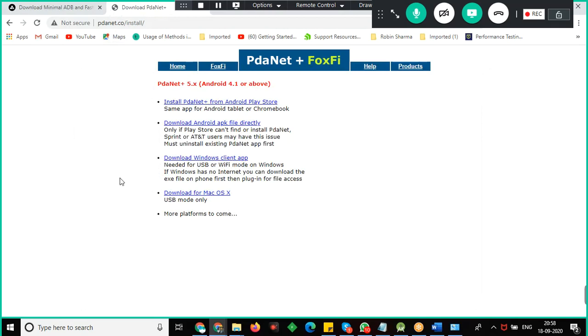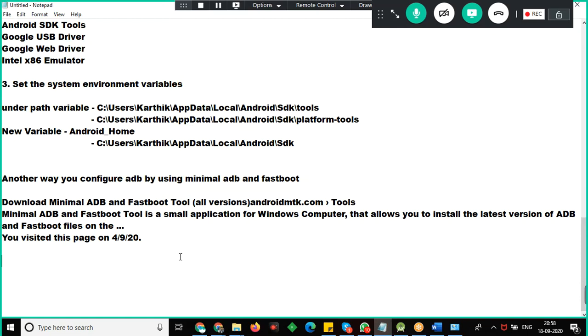Whatever you have configured right now, the ADB configuration, whatever I did today, we call this a server and client configuration. So what we did today on the ADB is server and client configuration.